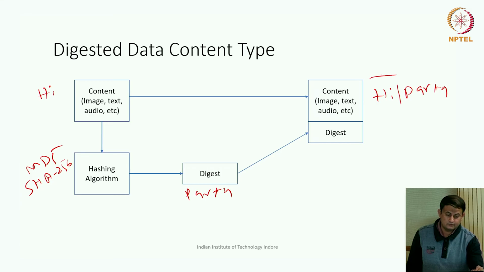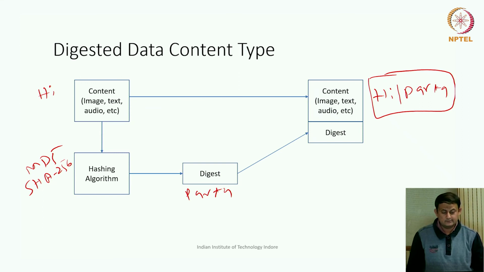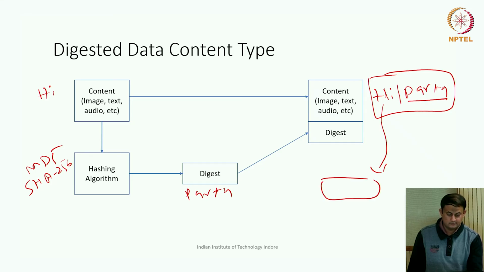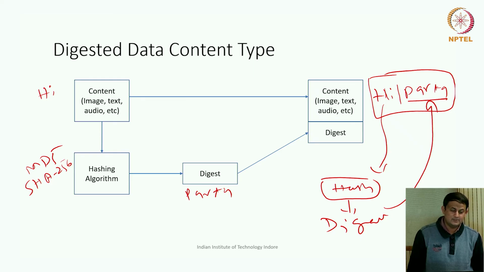PQRT9 also goes. So this itself as a bunch is transmitted to the recipient. When the recipient receives this message, he can see the message that is there as part of the email communication, and this is the digest. Assuming the recipient knows which algorithm is used for hashing, this content is passed to the same algorithm, and then you calculate the digest again, and if this digest matches with that of the PQRT9, then it gives